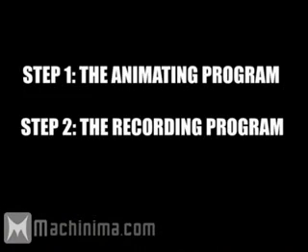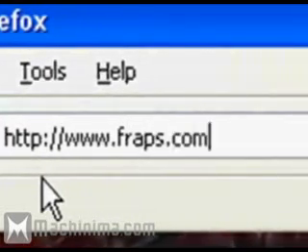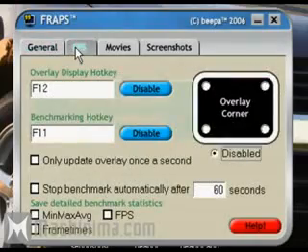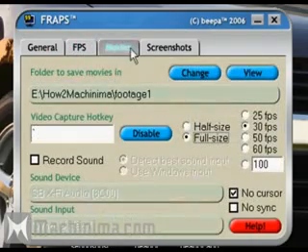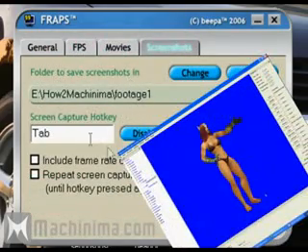The second step of this process is to actually find a recording program. I highly recommend Fraps or GameCam, which can record in-game footage at the flick of your keyboard keys. This will record your footage into a specified folder where you can then cut it together later in your editing program. So now that we have our recording program and our animation program, we need to find our scene where the